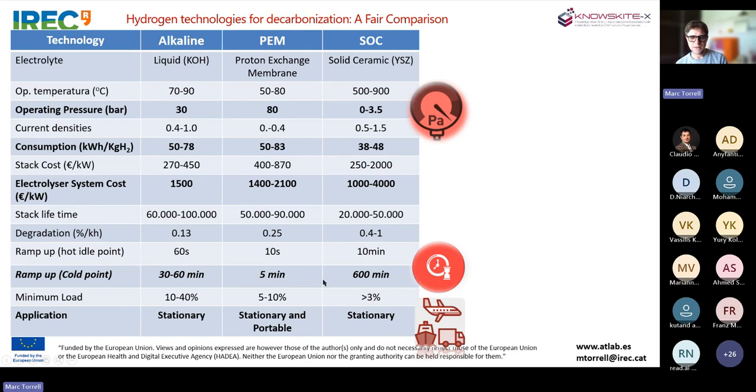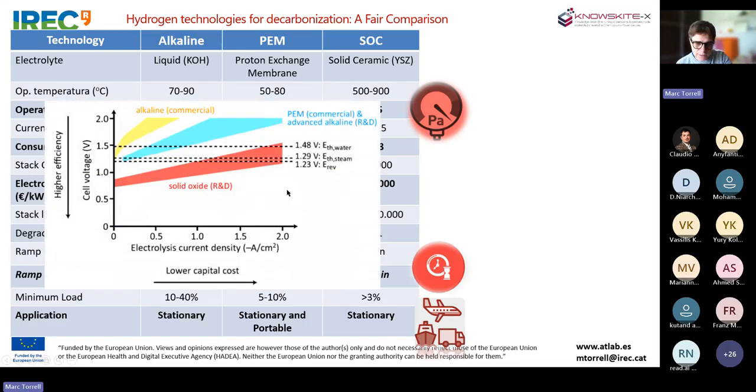Another problem is the starting time for fuel cell applications. We need to heat up the technology to this high temperature, so this takes some time, and this is also related to the mechanical stability of the ceramic pieces, which limits their application to the stationary sectors, unlike PEM technology, for instance, which is also used in transport. Given this framework and this introduction to the different fuel cell and electrolysis technologies, and focusing on solid oxide cell technology, I think this plot already appears, where we can see that for the same current density, we have much lower voltages for the solid oxide technology. That means a more efficient technology, as we were commenting.